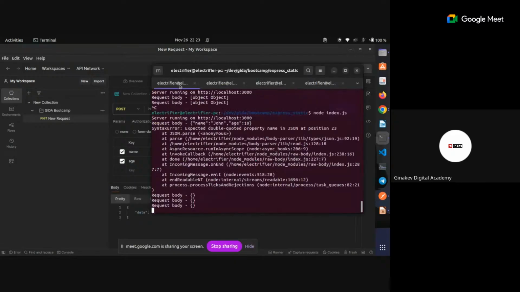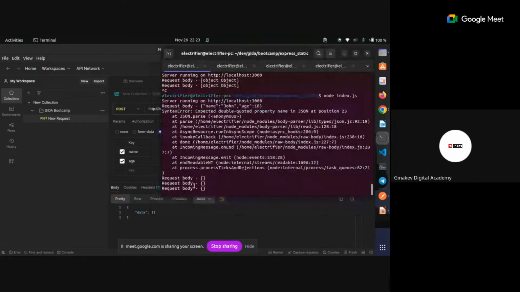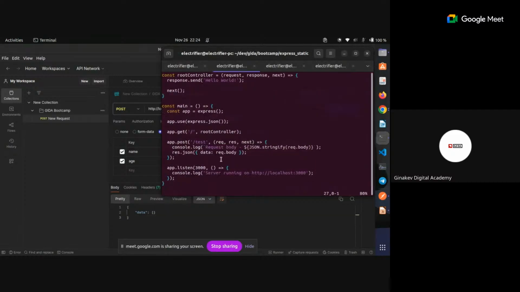it is going to send an empty request body. In the console, we are seeing an empty request body, and also in the response.json, it is sending back an empty request body. So you know that this request body is actually empty. And you know why? It's because